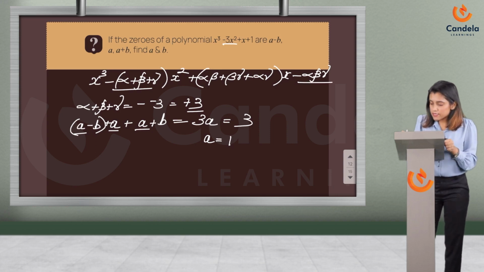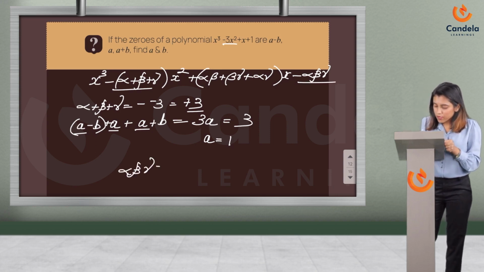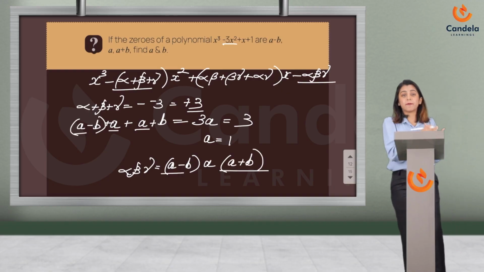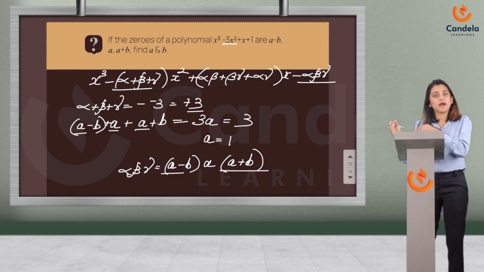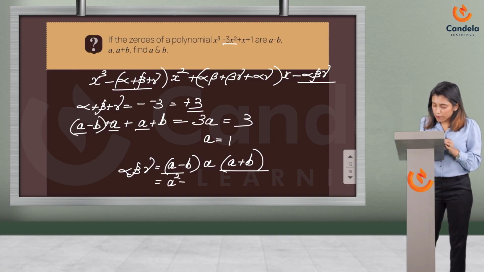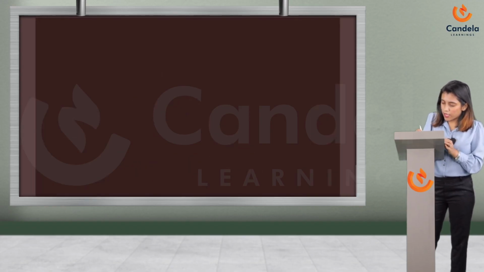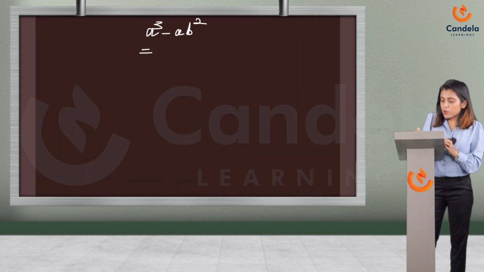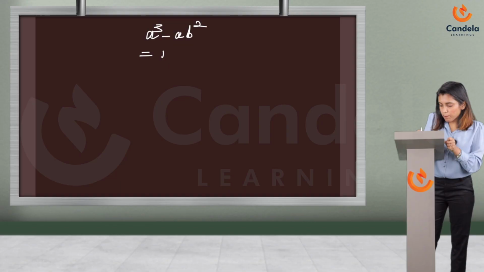For that, alpha beta gamma: here alpha is a minus b, beta is a, gamma is a plus b. Taking these two terms, it is in the form of a plus b into a minus b, which is equal to a square minus b square. A square minus b square into a is a cube minus a b square, right? And we know that a cube is 1, so it is 1 minus b square, which is equal to